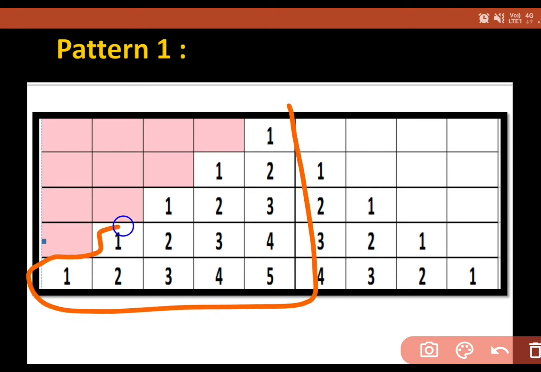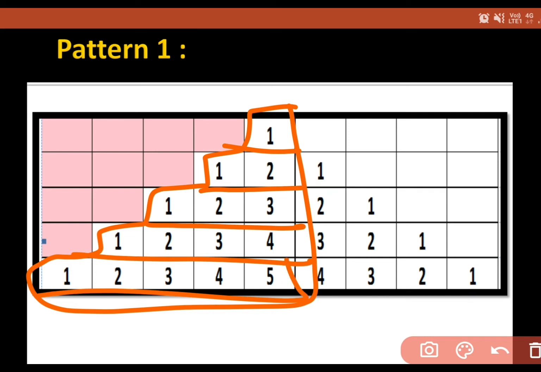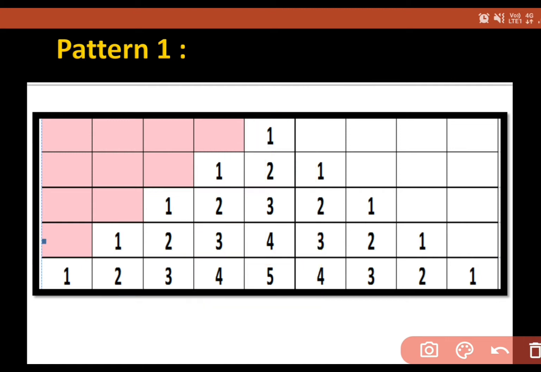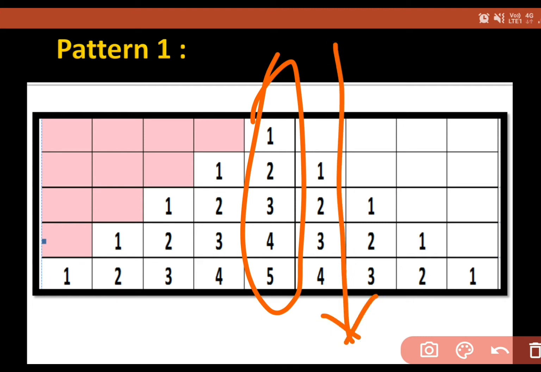And the numbering we have to create. First box, then 2, then 3 boxes, then 4 boxes, then 5 boxes. And the counting should be: my I is for rows and rows go from 1 to 5. Just don't think anything, just see where the numbers change from top to bottom.